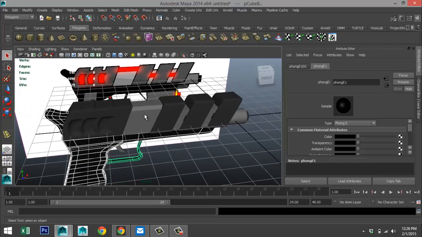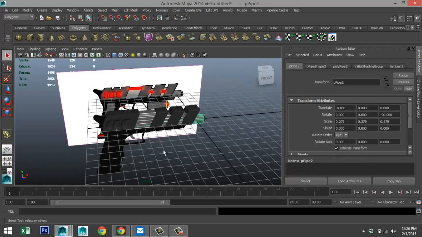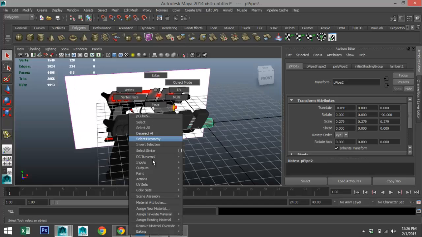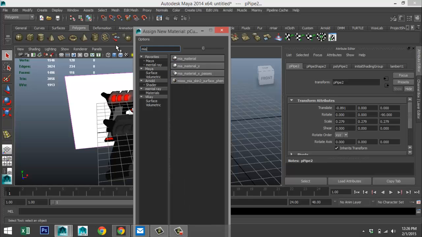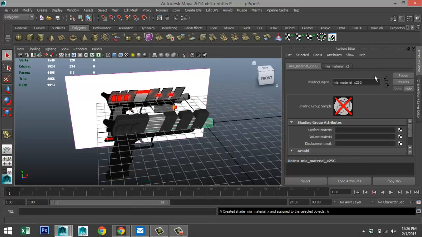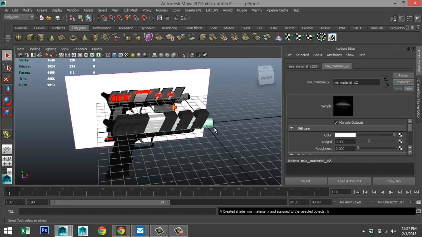Then we'll take this guy and that guy. Right click, assign new material, MIA_X, material tab, presets, and we'll do satin metal and hit replace.